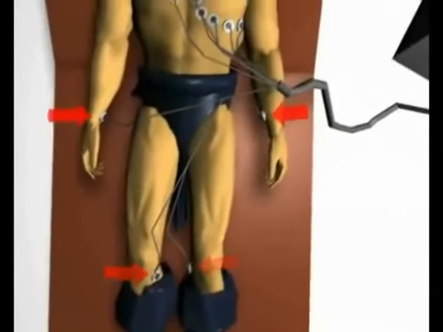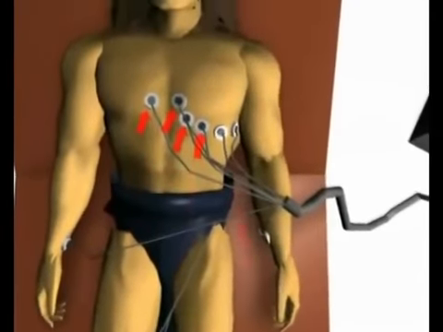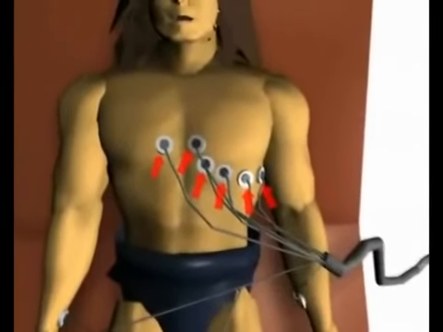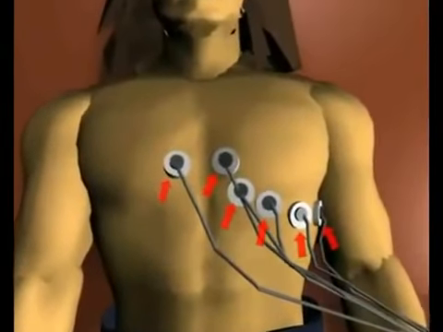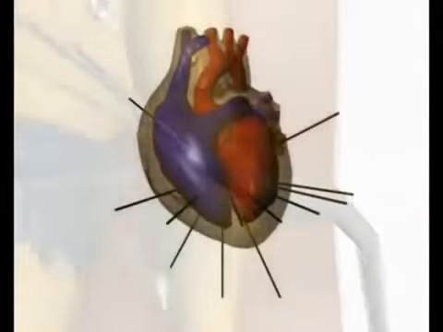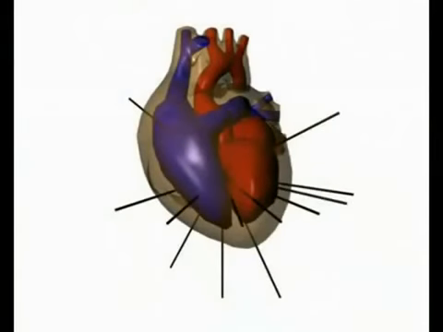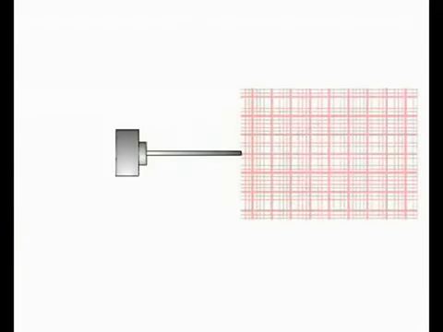Leads capable of detecting electrical signal are placed on the patient's body, and the different lead positions record the flow of current through the heart from different perspectives. In this way, the ECG recording can give us information about disease processes affecting different anatomical regions of the organ. We'll see how this works later, but for now we need to understand how the individual ECG leads analyse and